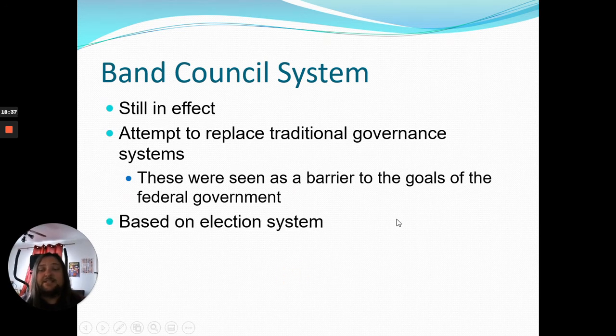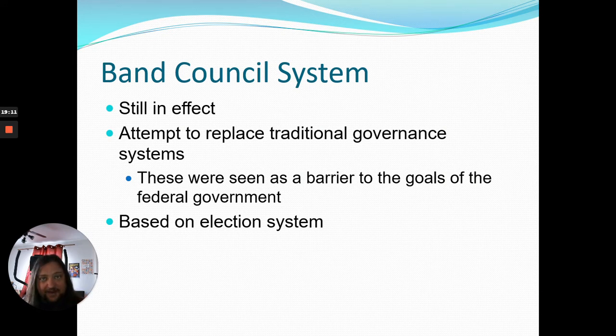So it's based on an election system, just like the federal system, and that sounds fine to a lot of people. A lot of non-Indigenous people say, well, what's wrong with the election system? Isn't that the most fair system ever? We could develop on that in other discussions, but many First Nations people feel that their traditional systems were actually more fair, because they have always lived in smaller communities. So to elect a person to be in charge in a similar way to Westerners is actually seen as unfair